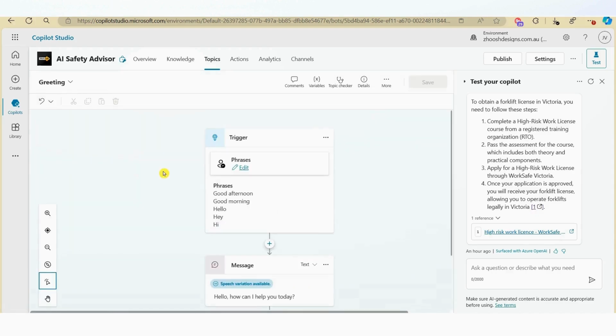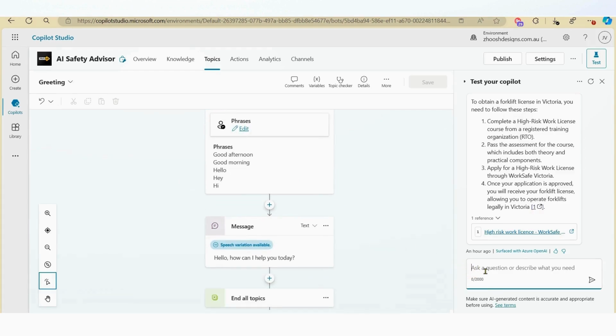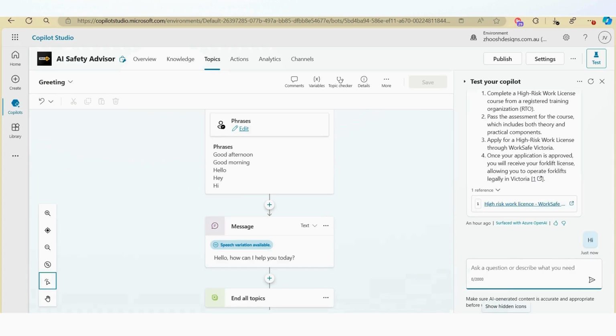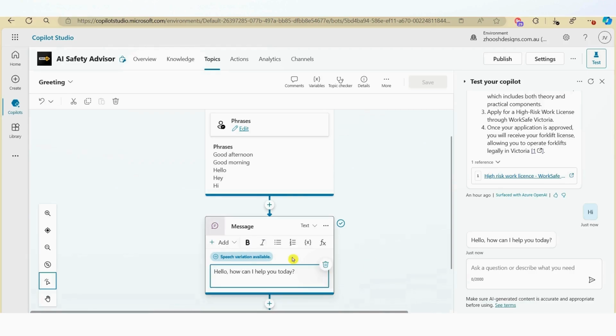Here we have a number of trigger phrases set up. Based on the key phrases entered by the user, the system will automatically generate a message. So let's type in hi. And here you can see when I typed in hi, the system responded with hello, how can I help you today? Similar to what we did before, if we click on the text, we can edit the text or add